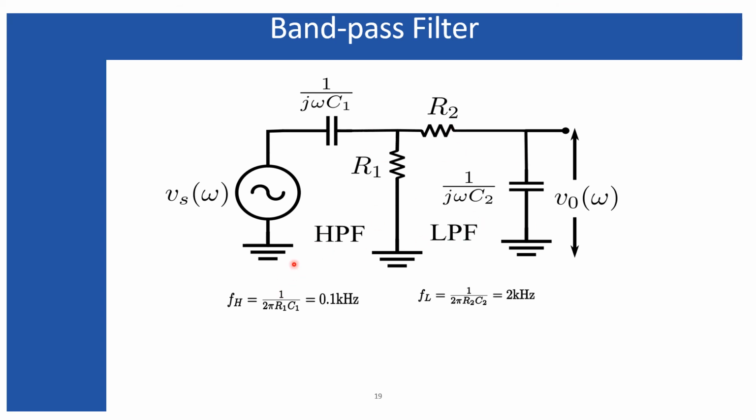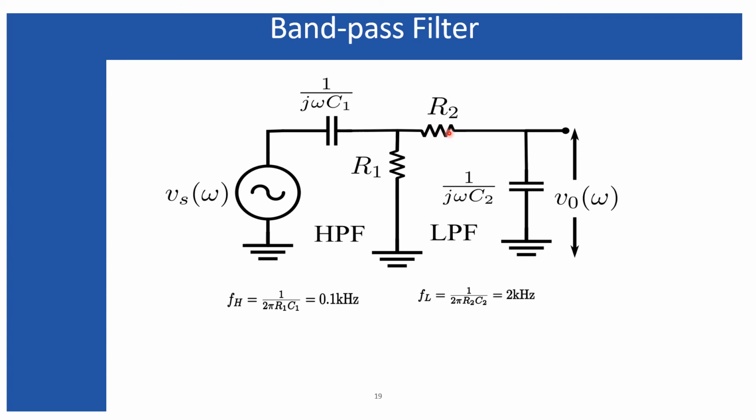So if you cascade one high pass filter and one low pass filter, that means you connect one high pass filter with a voltage source followed by one low pass filter, the first response will appear like this, that will pass some higher frequency range, and that range depends upon this R1 and C1. And this low pass filter will pass some frequencies less than the cutoff frequency defined by this R2 and this C2.